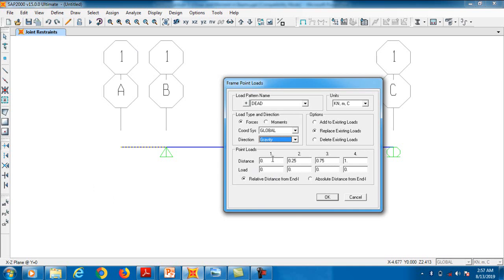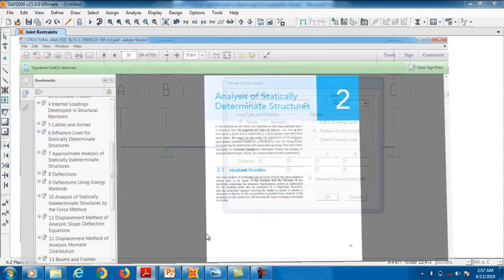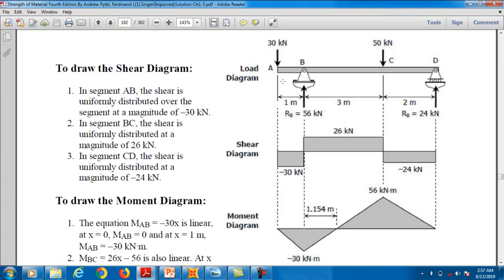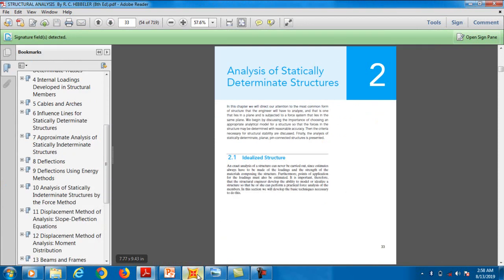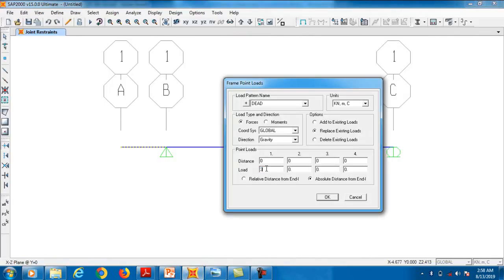As the load is acting at zero distance, this is okay. You need to select absolute distance, not the other option, because that one is a little bit complicated. I will explain it in later lectures. For the time being, you just select absolute distance. Clear? At distance 0, you have to apply a load of 30 kilonewton, so you just need to select 30 kilonewton. Clear? And